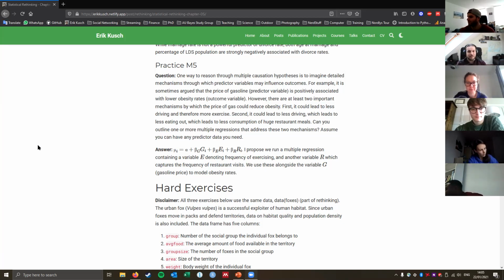So practice M5. One way to reason through multiple causation hypotheses is to imagine detailed mechanisms through which predictor variables may influence outcomes. For example, it is sometimes argued that the price of gasoline, the predictor variable, is positively associated with the lower obesity rates, the outcome variable. However, there are at least two important mechanisms by which the price of gas could reduce obesity. First, it could lead to less driving and therefore more exercise. Second, it could lead to less driving, which leads to less eating out, which leads to less consumption of huge